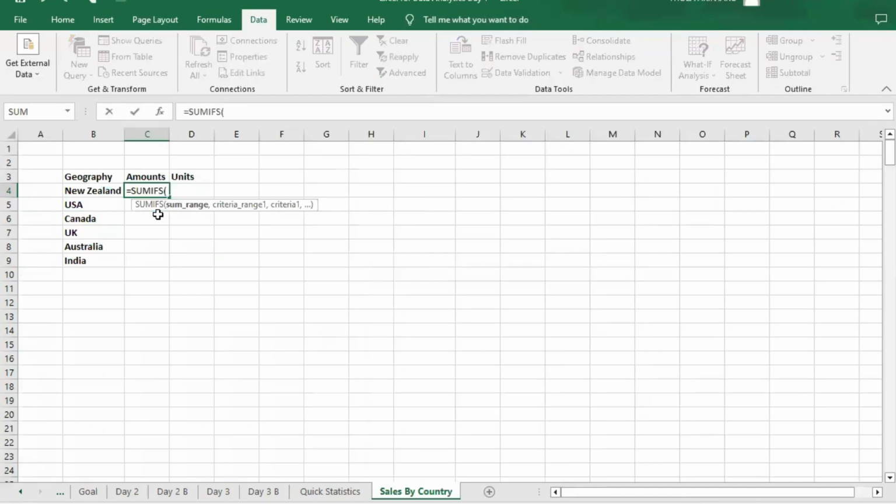Then you put your data range. So data, that's the table. Then open brackets, amounts, close your bracket. The first criteria will be to check if